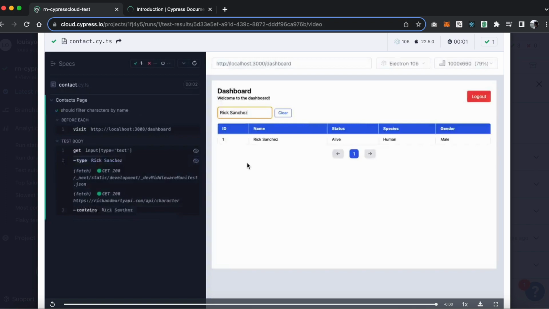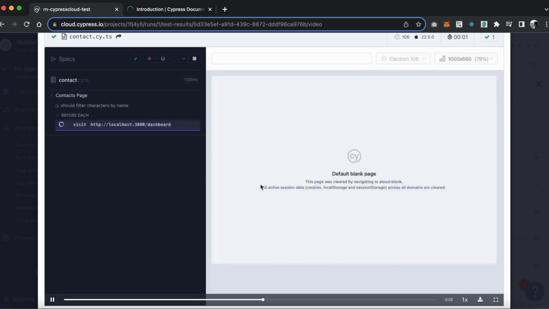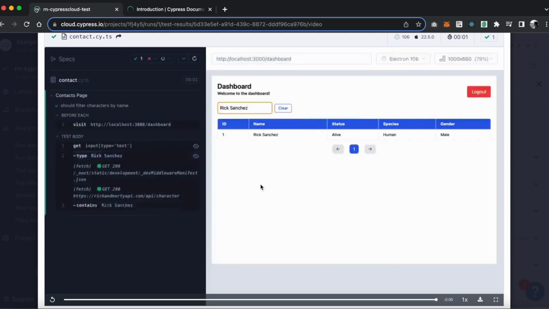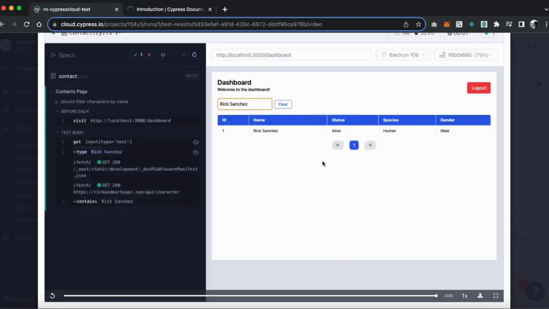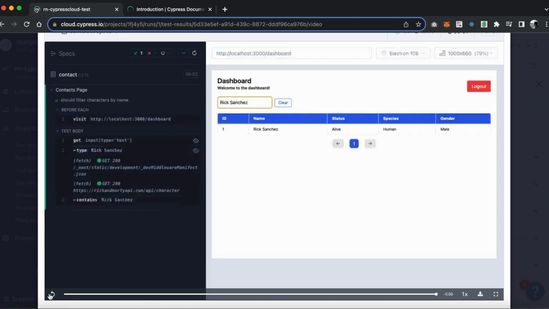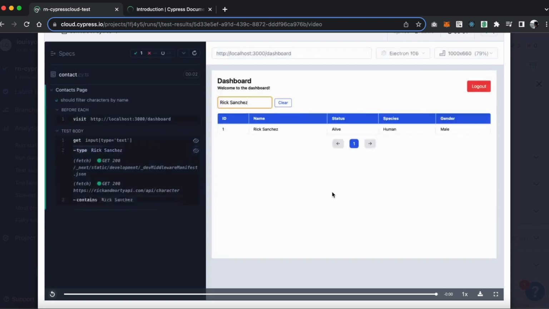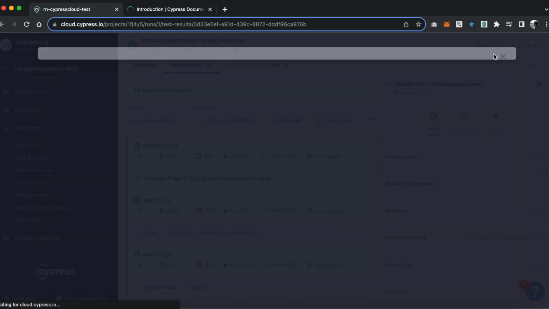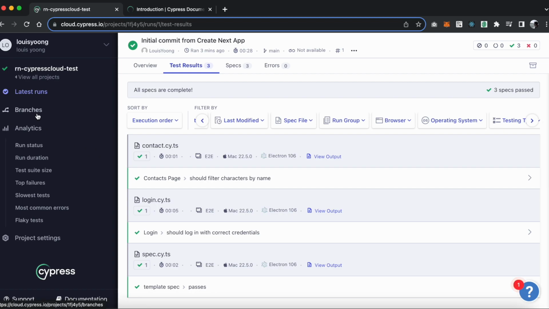Okay, it's too fast, so let's replay again. You can see how the test case records the video over here. The Cypress Cloud records the video. Okay, try refresh again. Alright, you can see the difference. It's quite good if you have a team member who can just go directly to the Cypress Cloud and